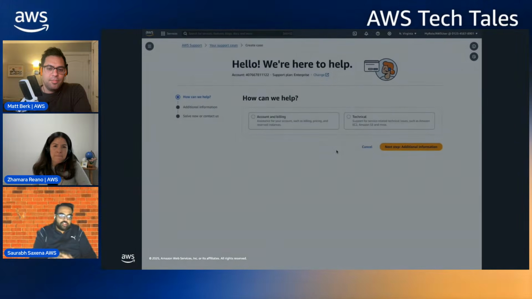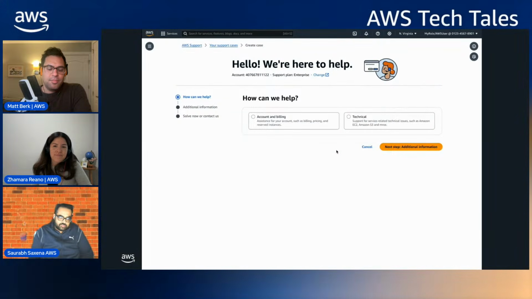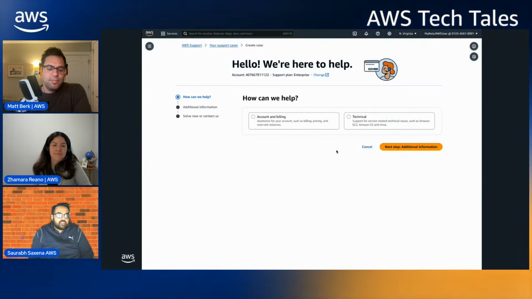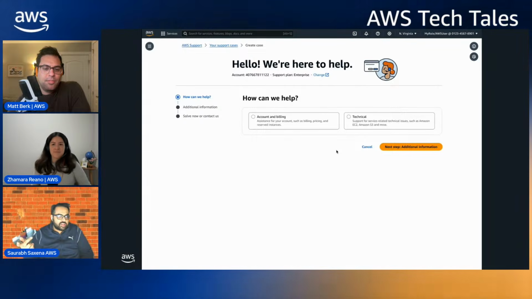Now, I didn't want to leave the screenshot. So all our viewers, if you are a paying AWS customer and you go to your AWS console, either you see this experience today, or you might see a pop-up on the top that says, go to the new AI experience. I want you to try it and give us honest feedback on whether you like it or not.